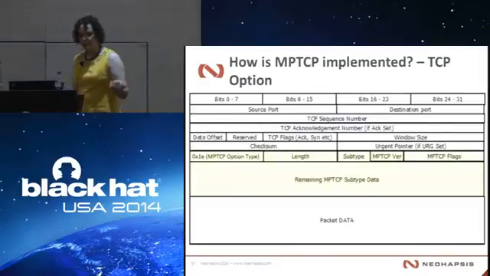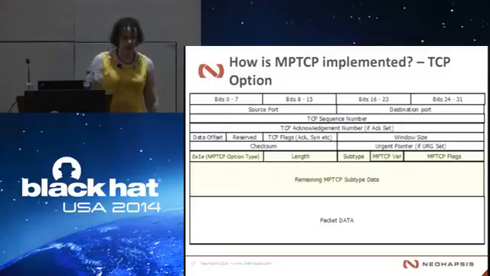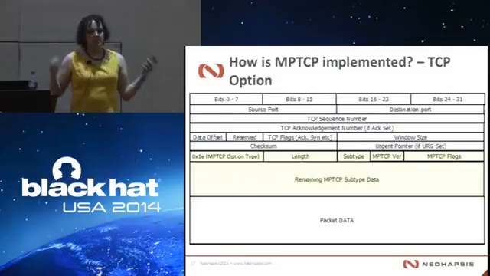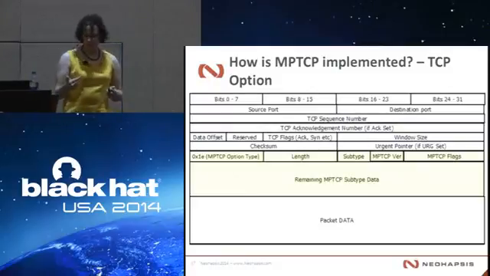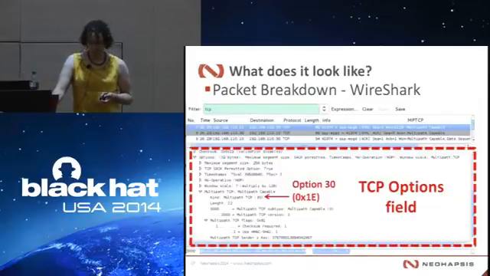So it's a TCP option. It sits between the standard TCP header and the packet data. It's got its standard header, 0x1e, so option 30. Length, normal TCP option stuff there. Subtype, I'll get to that in a moment. Version and flags. It's just some stuff shoved into a TCP header. Not surprising so far. When you look at it, Wireshark supports this in the later versions. You can see it. TCP option 30.